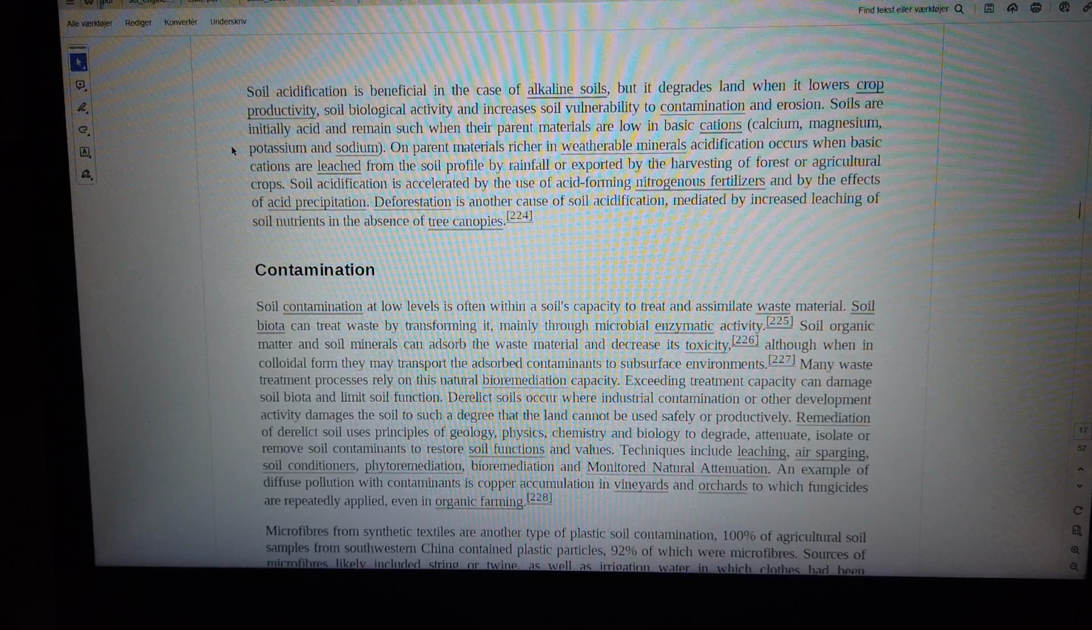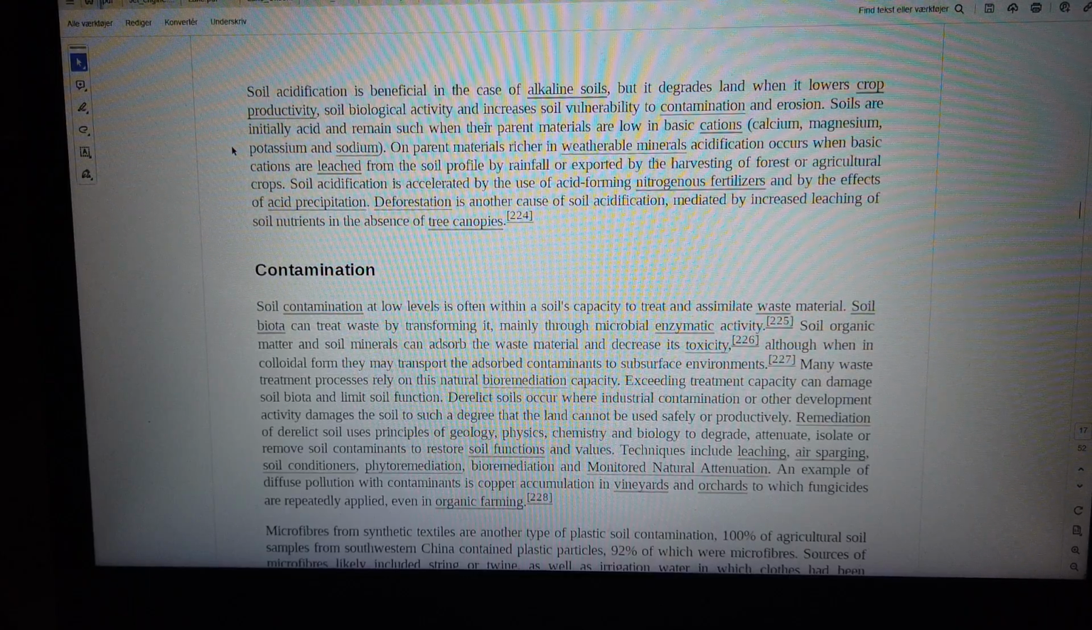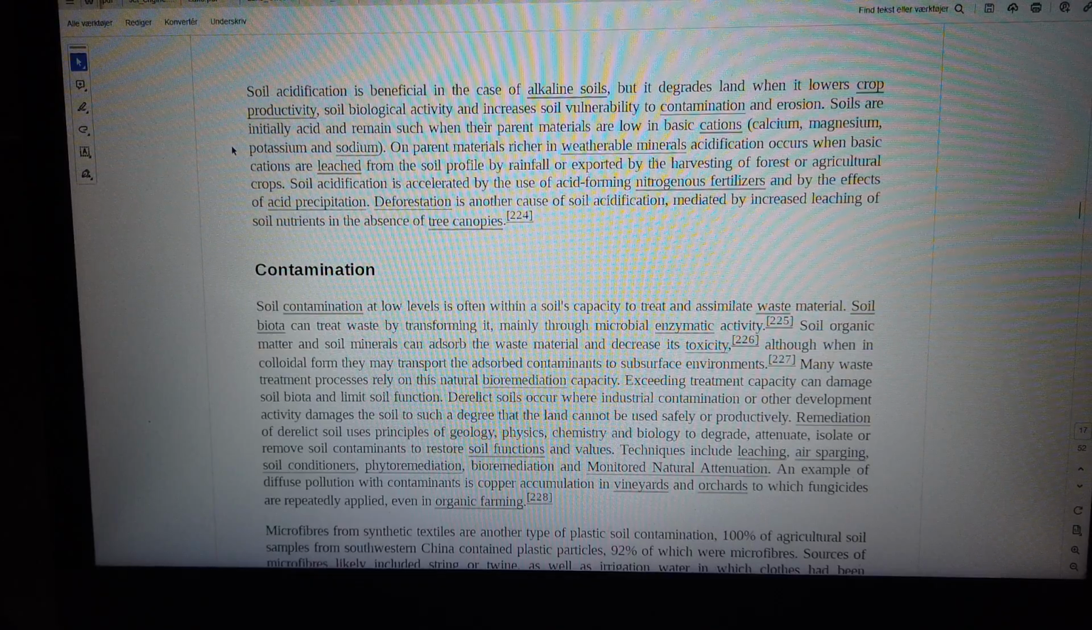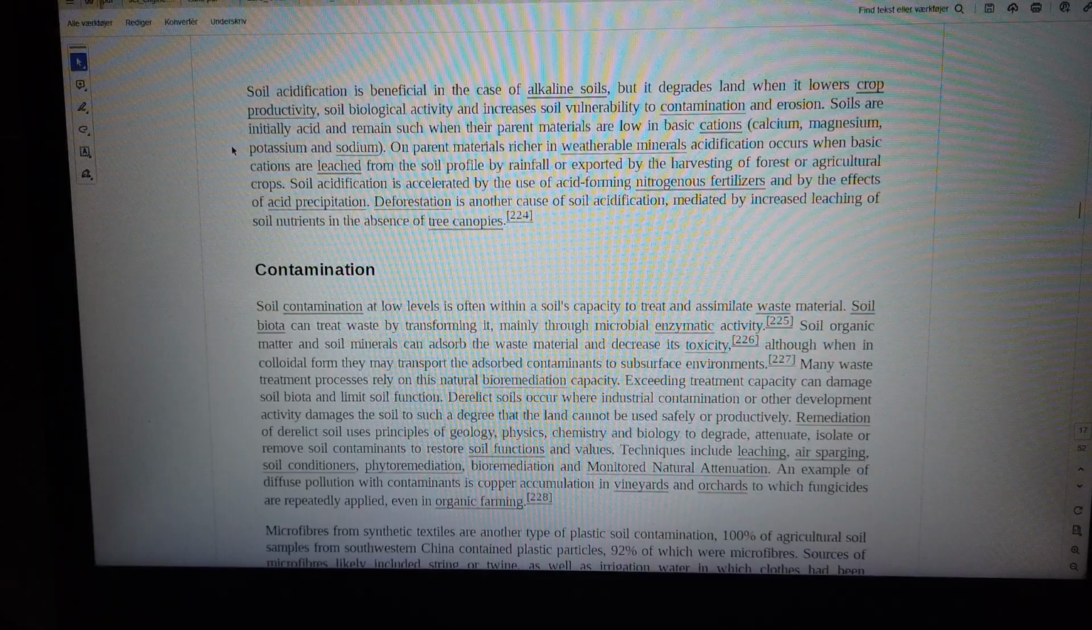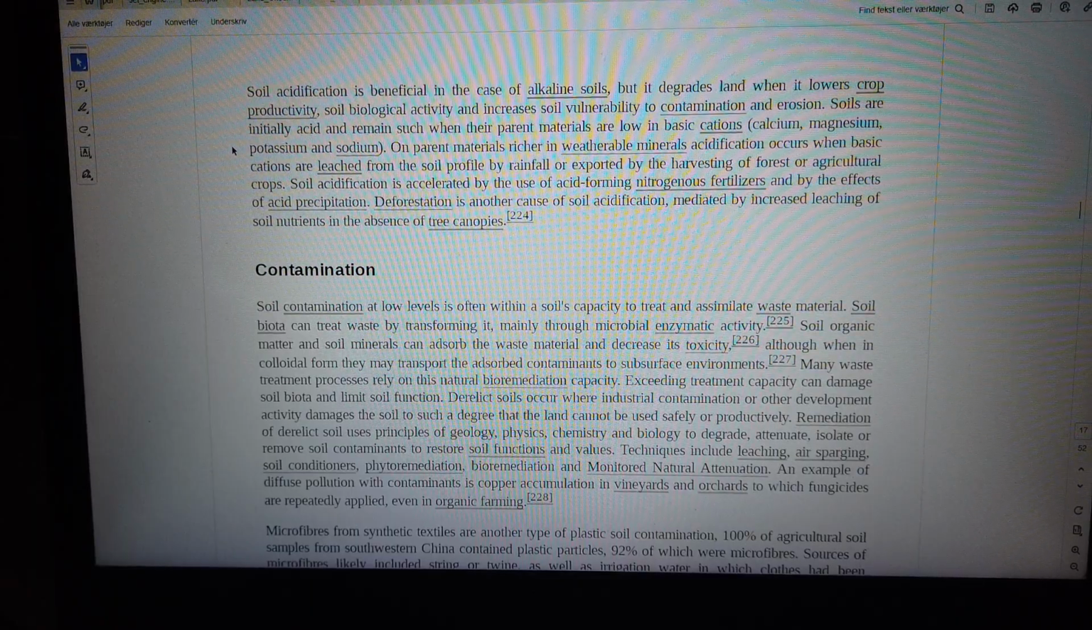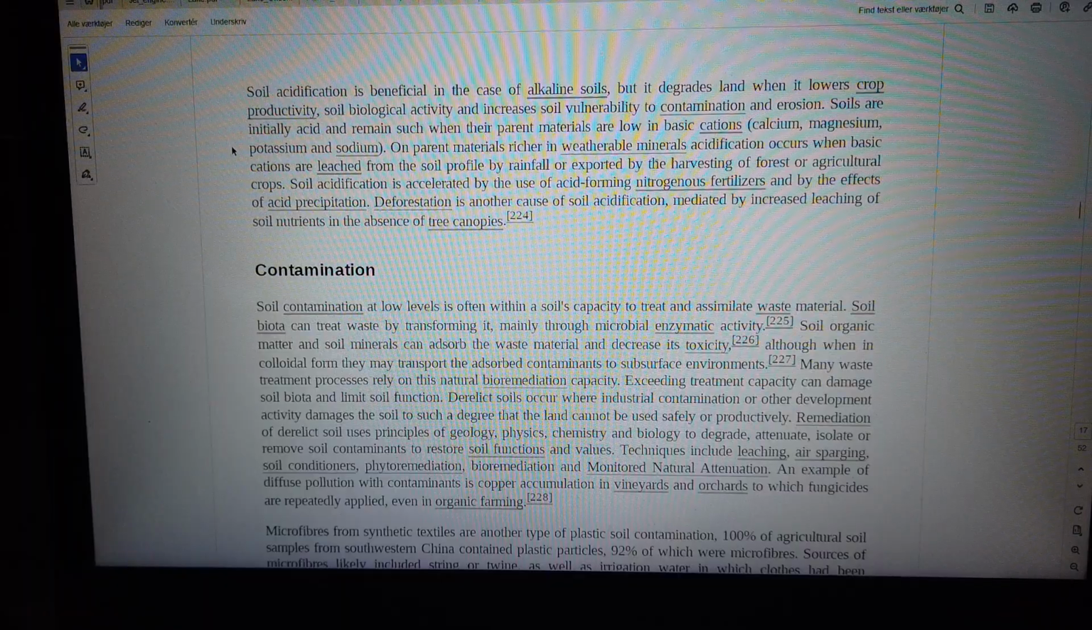Remediation of derelict soil uses principles of geology, physics, chemistry and biology to degrade, attenuate, isolate or remove soil contaminants to restore soil functions and values. Techniques include leaching,